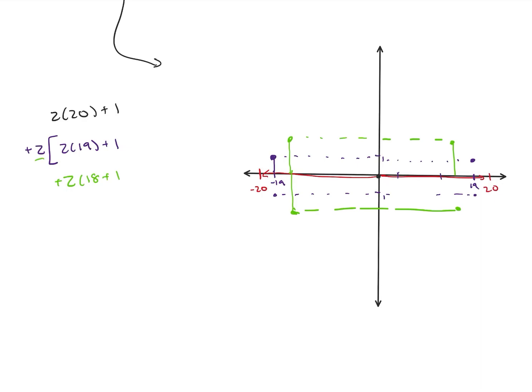Once again, there's 1 above and 1 below the x-axis. It turns out I can keep doing this all the way up until I'm at the single point, where I end up with 2 times 0, because I'm taking 0 steps away from the x-axis, plus